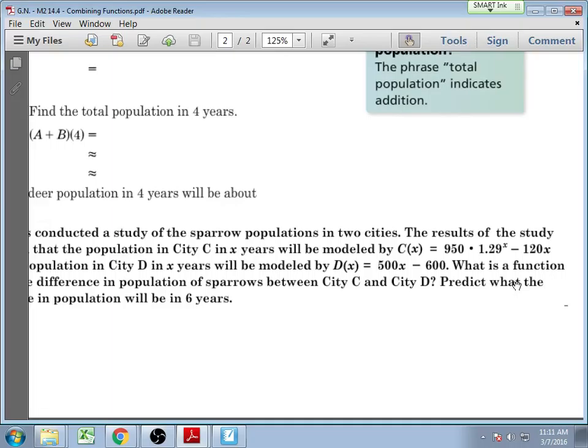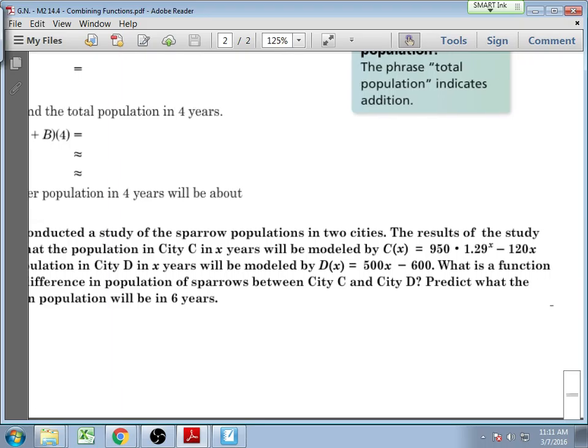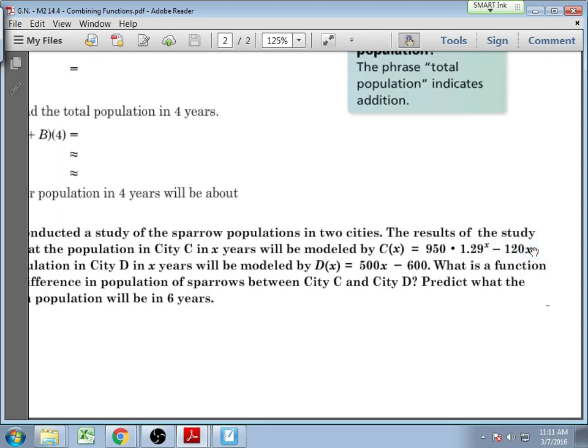Do I care whether I do C minus D or D minus C? Yeah, it's going to change what my answer says. It's either going to say C has more than D or D has more than C. Or if I get a negative answer, it will tell me the inverse of what I really thought. So if I look at these two functions, which do I think is going to have more? Let's just try to predict. If I plugged in a 6, which would have more? C. I agree, we have an exponential happening, but then we also take away 120 times that, but we can assume it's C. So to find the difference, let's do C minus D